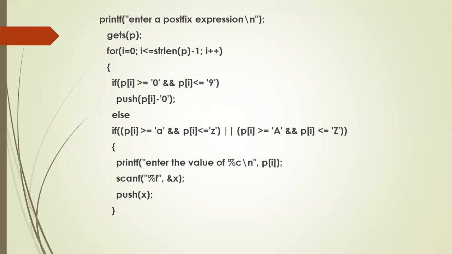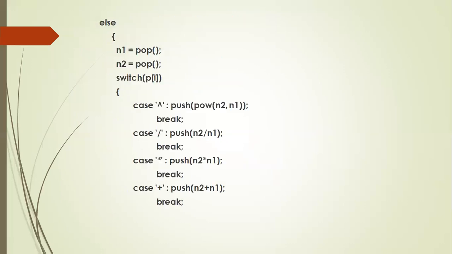Or sometimes the expression could be like this: AB plus. If you are given 5 3 plus, the result is 8. For AB plus, you should tell what the value for A is and what the value for B is. So your operand could be in letters also, from capital A to capital Z or small a to small z. If it is an alphabetic character, you have to tell the value for each symbol. Suppose AB plus is given and the A value is 5: first time you give 5, next time for B you give 8. Then push the result. Whenever an operand is there, you have to push it onto the stack. An operand could be in 0 to 9 format, or capital A to capital Z or small a to small z.